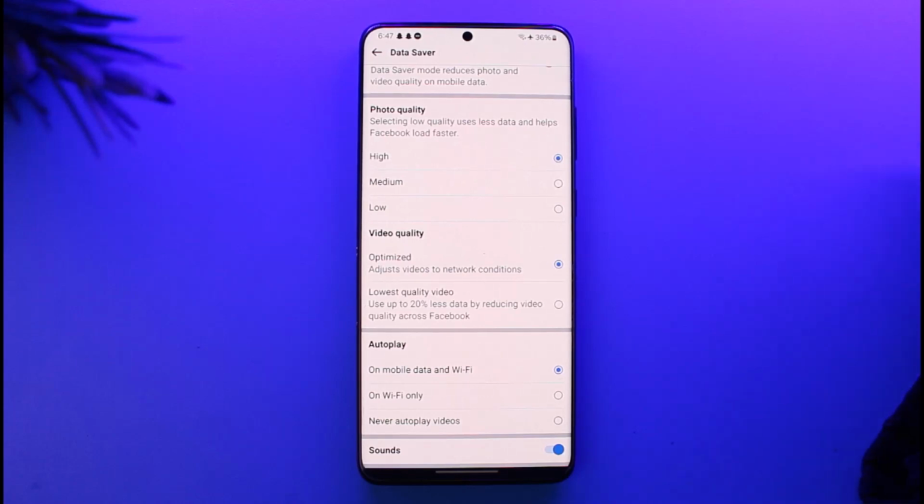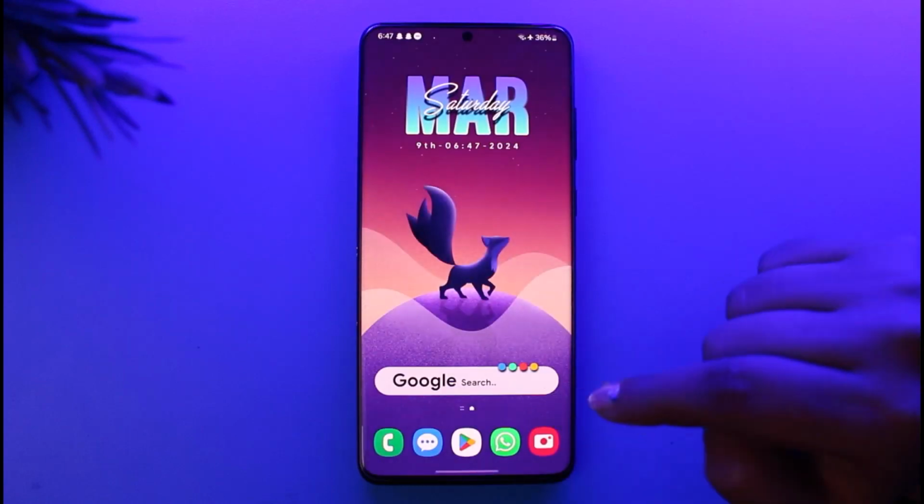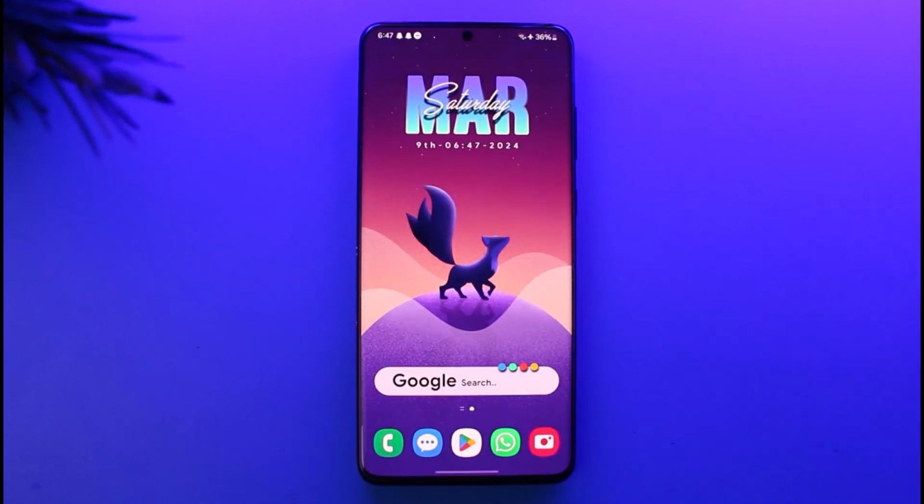So you can simply download Facebook Lite, access your account, and post from over here, which will be posted in high quality. Even if you go back to your Facebook, you will still find the post and it will be uploaded in high quality. So that is the option you can